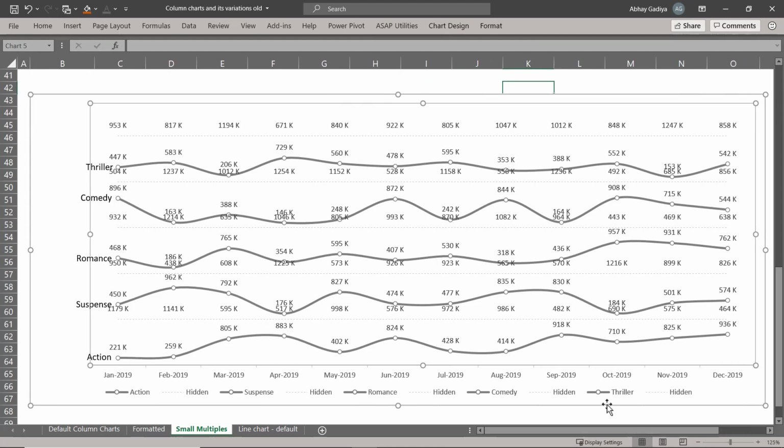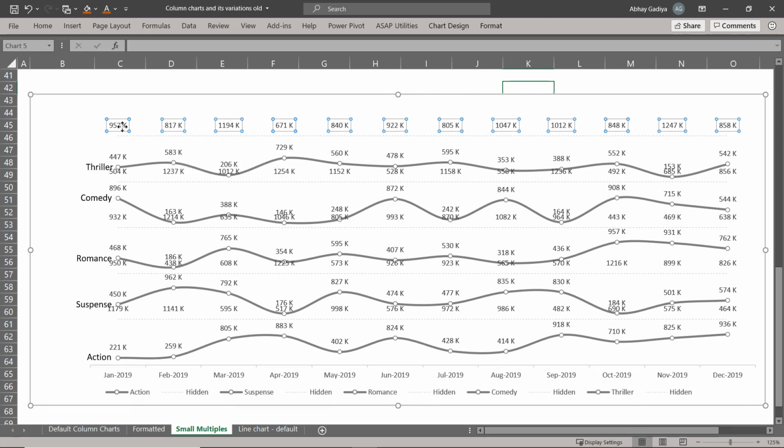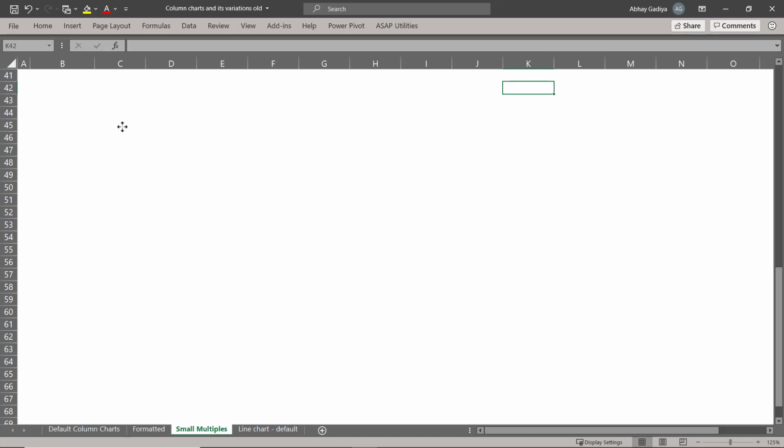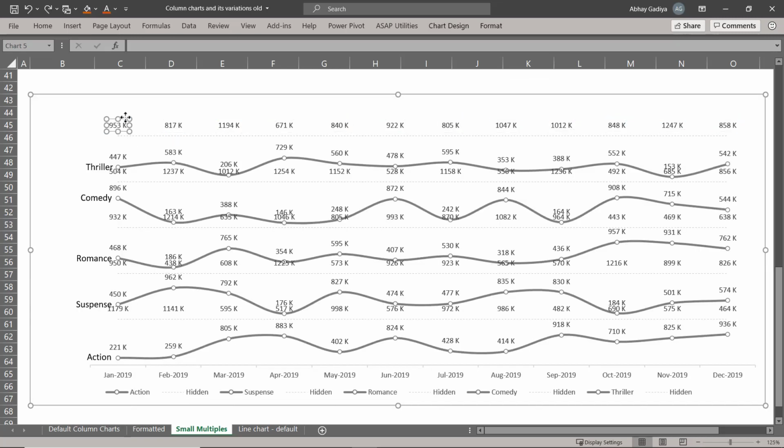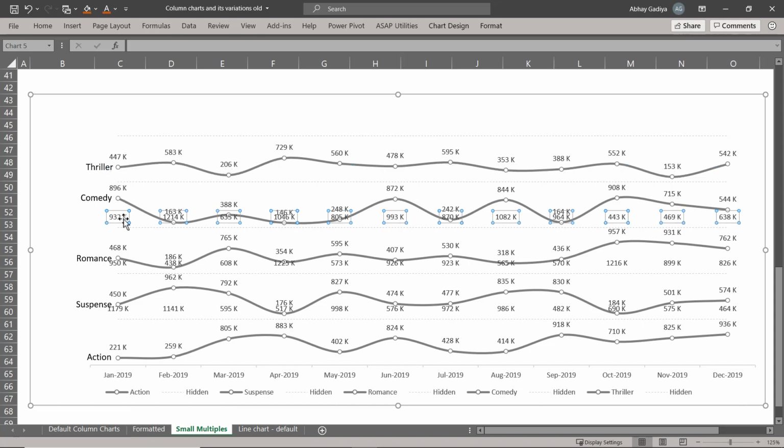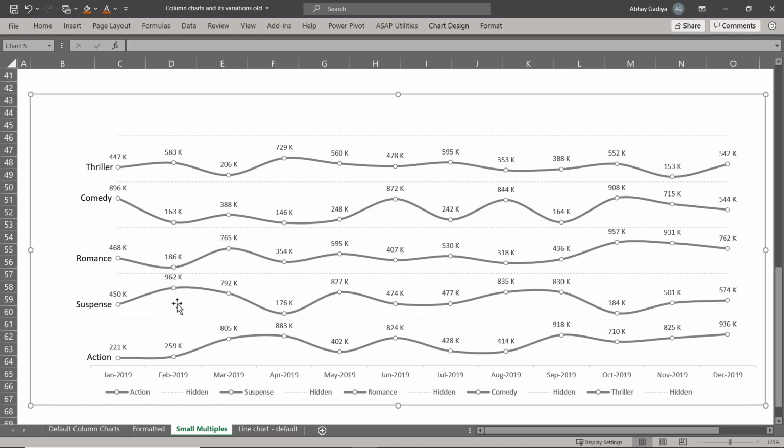Now this time we won't have to change the data labels to a different range. Since it is being displayed properly, I will select the data labels for the hidden ones and delete them. Again, we will have to just simply select the data labels and not the entire chart. So let me select these ones which are not relevant for me and delete them. So now we have the proper data labels for each category and each of the months.